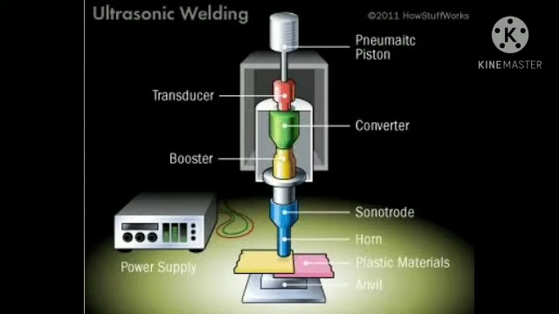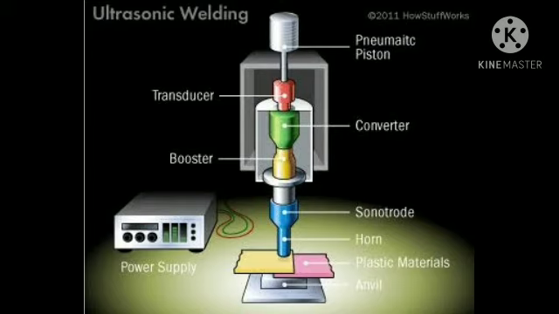The horn supplies high frequency mechanical vibration to the welding plates. Due to this vibration, oscillating shear force acts at the interface between the welding plates, which results in plastic deformation at the interface. It also creates a localized temperature rise due to mechanical force and friction. This heat helps in plastic deformation at the interface and makes a strong joint without melting of the workpiece or using a filler material. So this is the working and construction of the ultrasonic welding process.